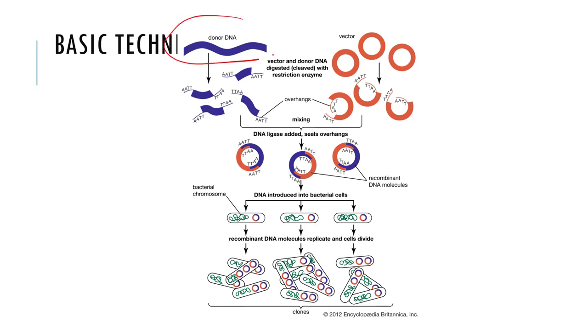So this is the DNA of our choice, which has been shown here as donor DNA. Next, what we have done is that we have broken it down into pieces. As you can see, we have 1, 2, 3, and 4 pieces here, right? So DNA is taken and it is broken down into fragments.